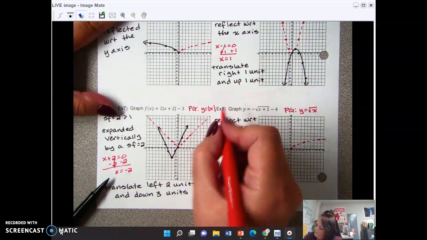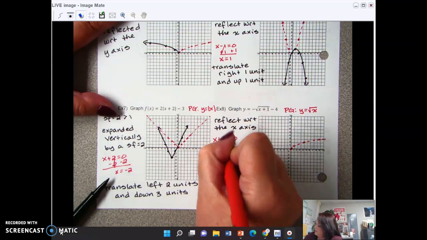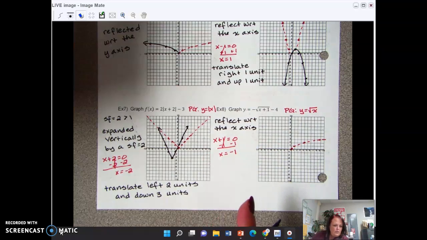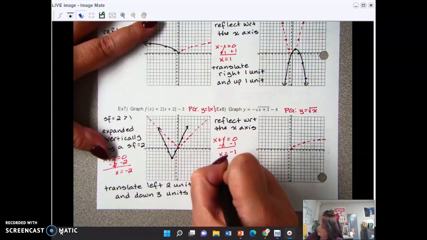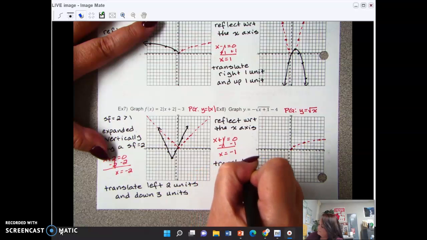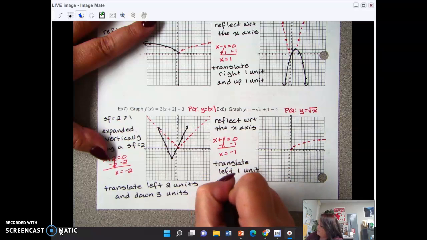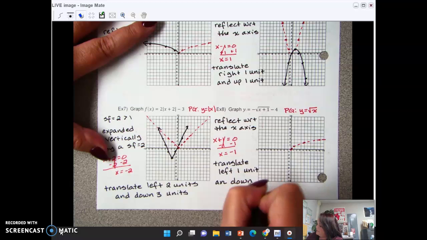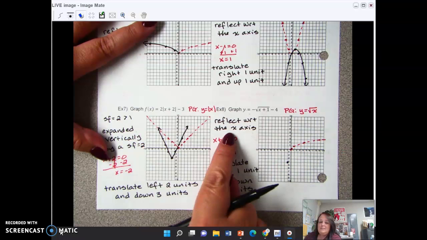Then we have to figure out what value of x makes the radical equal to 0. So that means x is equal to -1, because anytime it's inside, it's a horizontal change. And horizontal means that we have work to do. So this is going to translate left 1 unit, and this -4 is on the outside, and so that's going to be down 4 because vertical is exactly what it looks like. So I'm going to start to the left 1 and down 4. And this says instead of